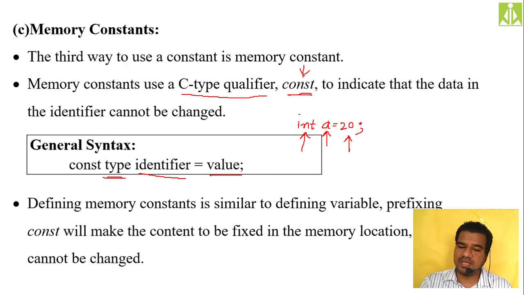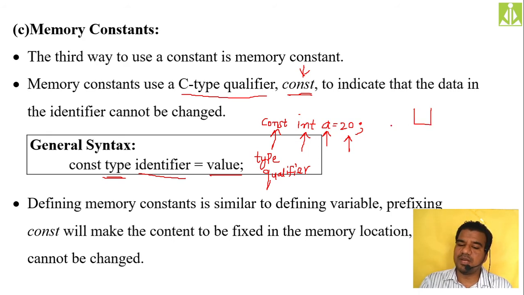So what extra thing we have to put along with this, in the sense, you just need to put the const keyword. It is the type qualifier. Type qualifier. So now this type qualifier const, what will it do? It will make this a variable. Being a, it is a variable. a is a variable. It is a memory location.